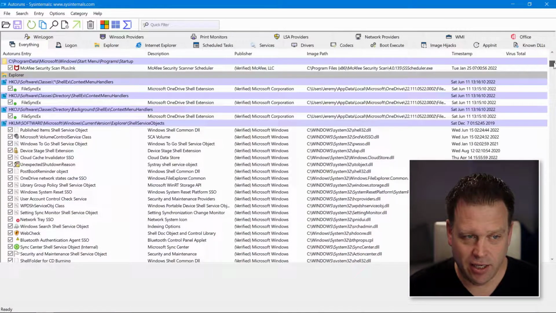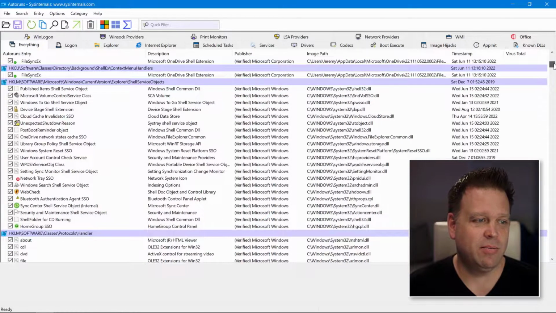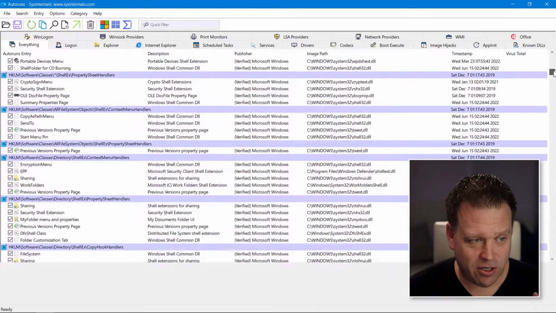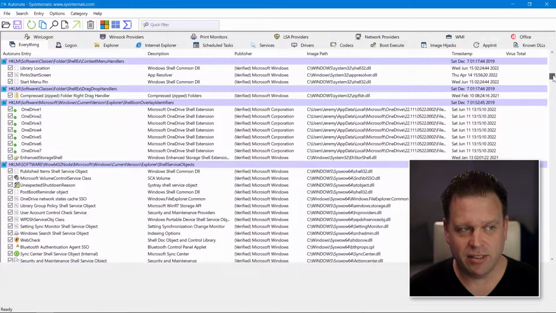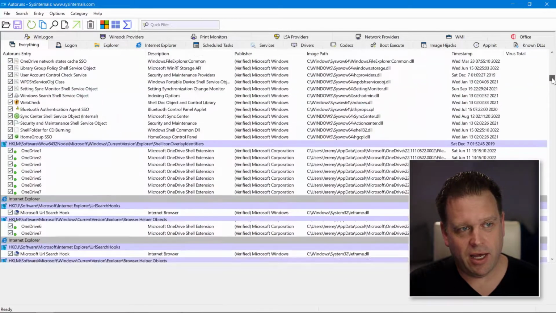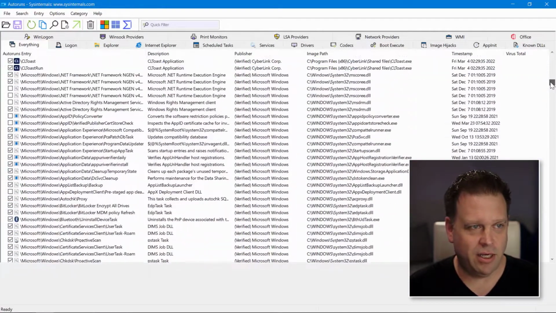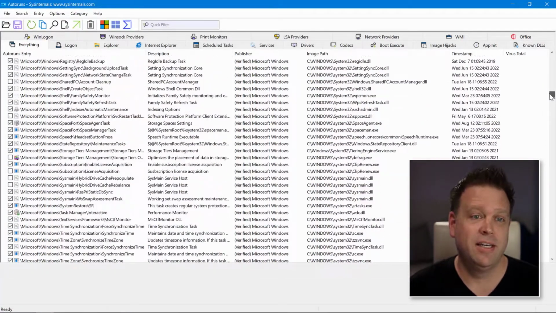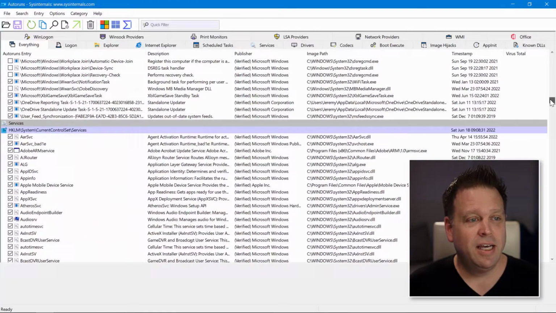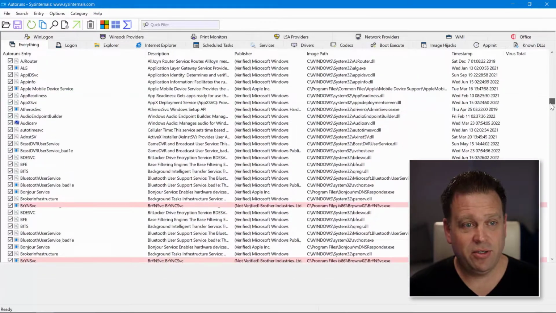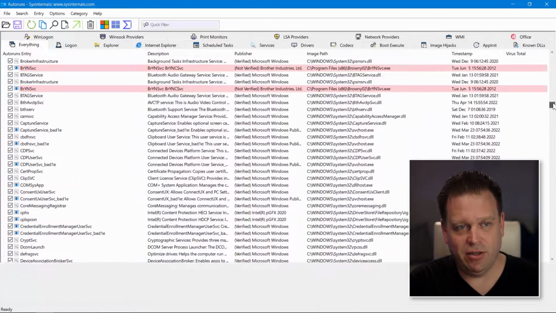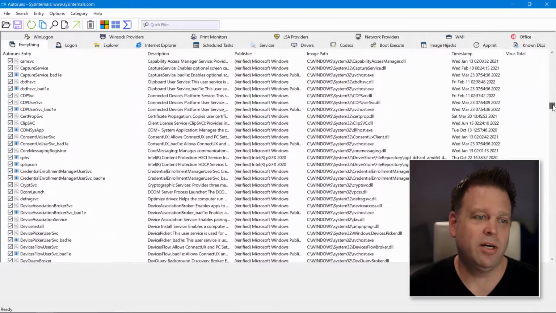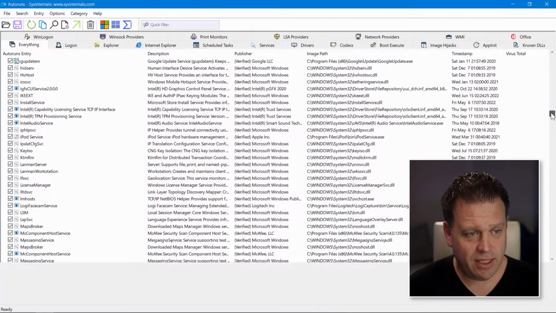You can see much more than the 20 or so items that we saw in the Task Manager through the startup folder. There are tons and tons of things that are running across various different areas. For example, in Login, Windows Explorer, anything from Internet Explorer, scheduled tasks, services. And these red items that you see here, these are things that are not verified. So I can see here there's some printer services that I'm not using. I'm not using that printer anymore, so I might want to disable some of those things.